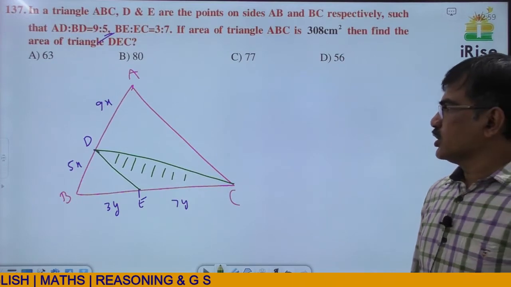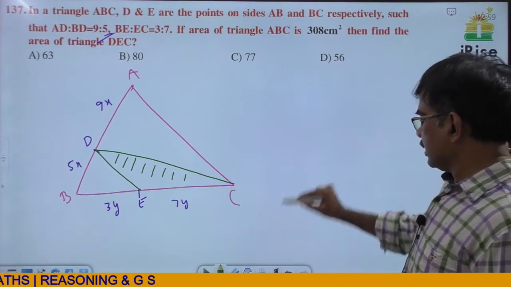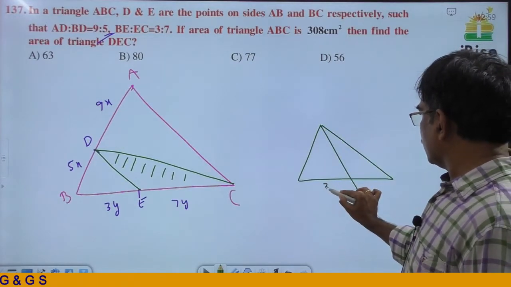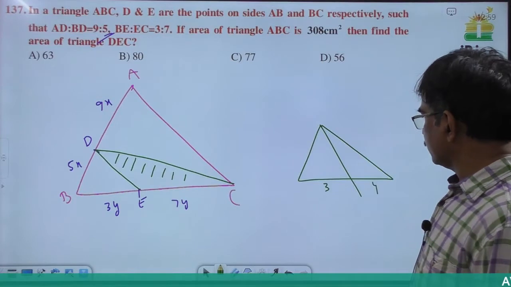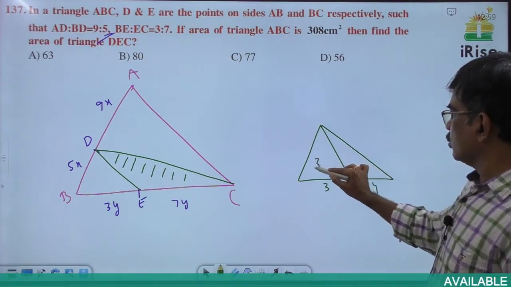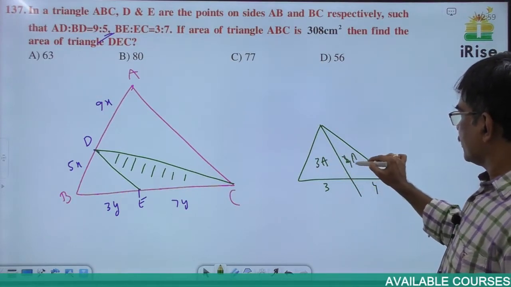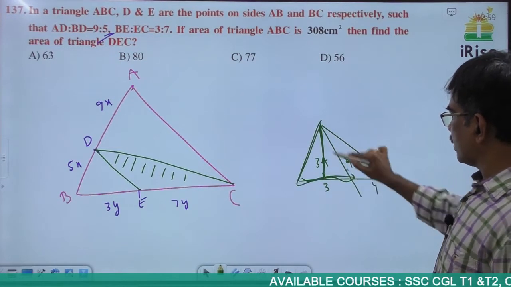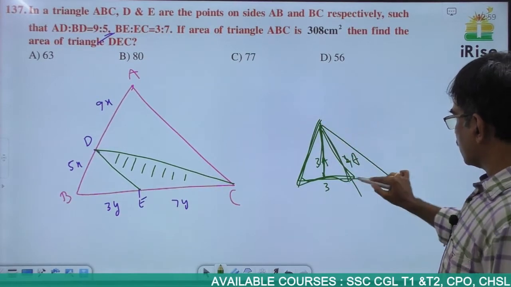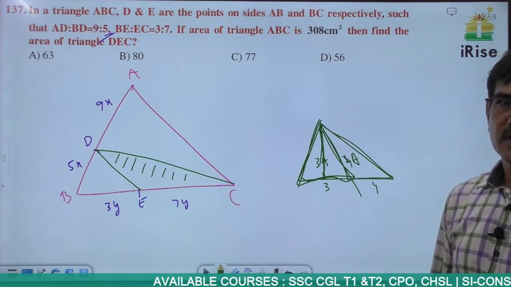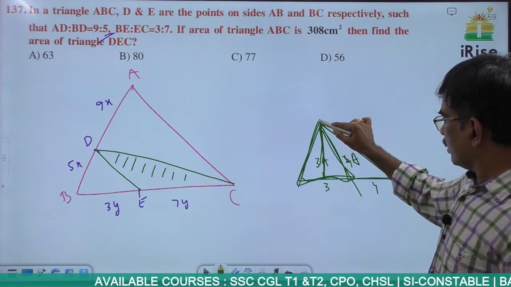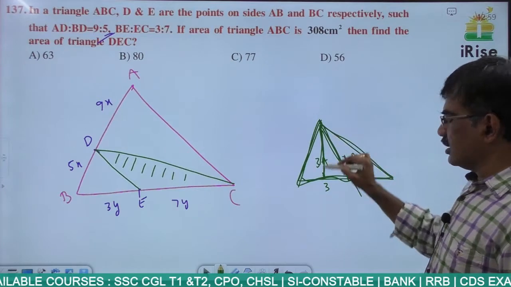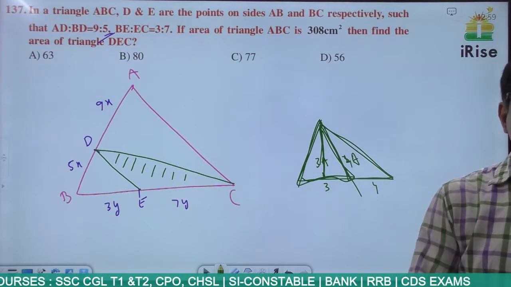Here, to solve this question, if any triangle is given like this, let this be a line which divides the base in the ratio, for example 3 is to 4. The areas are also in the ratio 3 is to 4, because for these two triangles the height is the same. This is the height for the small triangle as well as this triangle. So if you draw a line segment from a vertex to the opposite side, then the area ratio is the same as the base ratio.